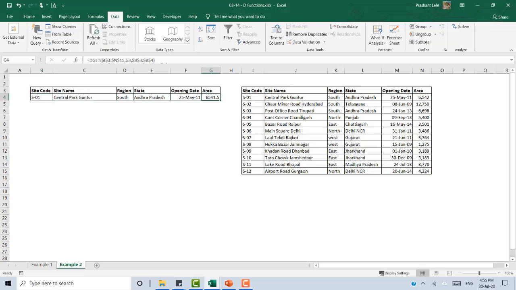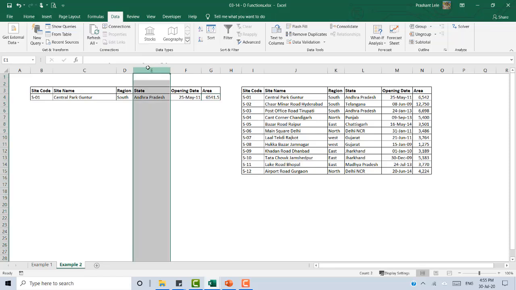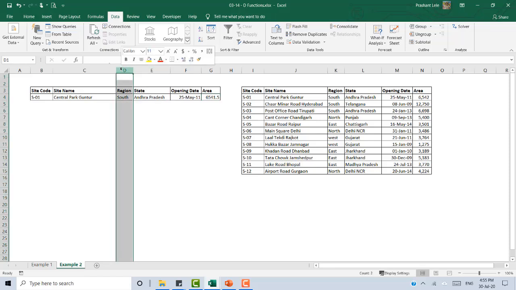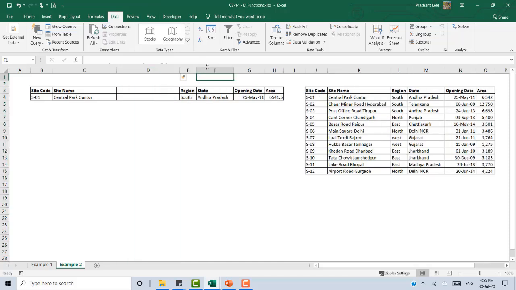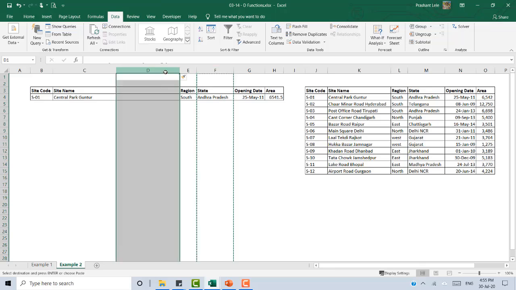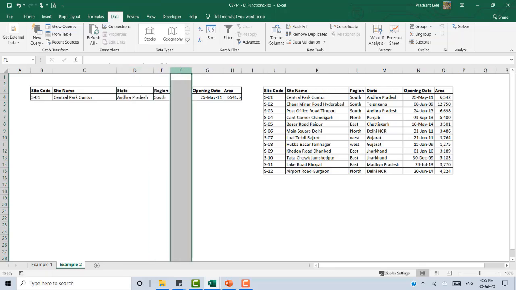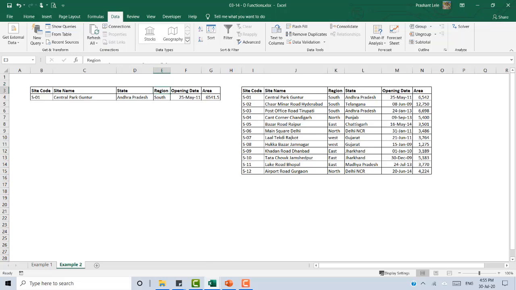Now even if I change the columns, suppose I want to insert a column here and move this state from here to here, that I can do easily. See, it did not stop me from doing that. It is still referring to its heading as a criteria, and easily I can get my details.